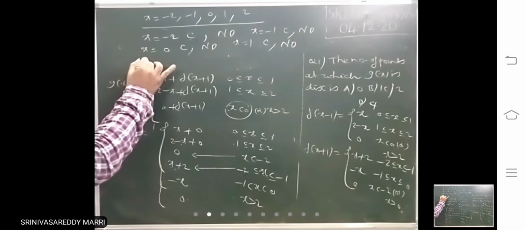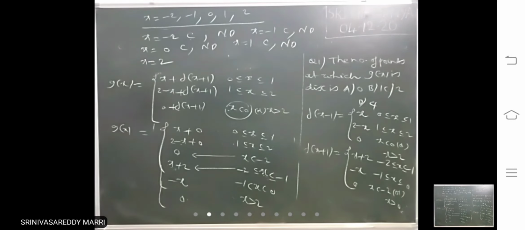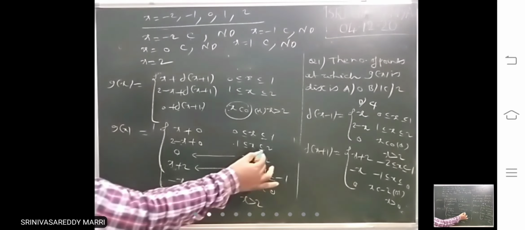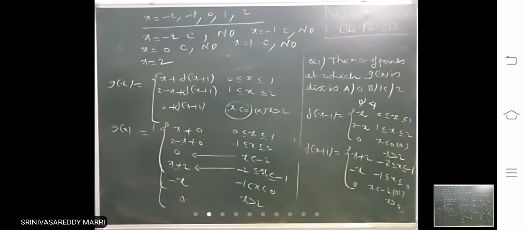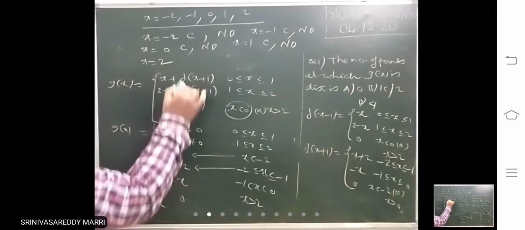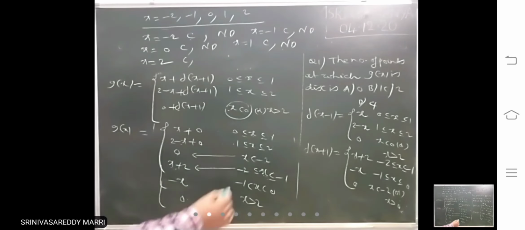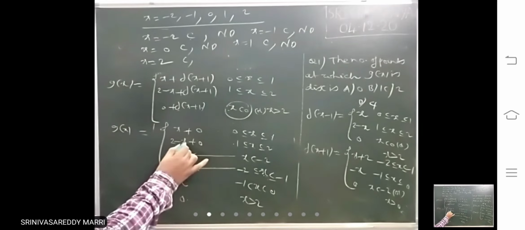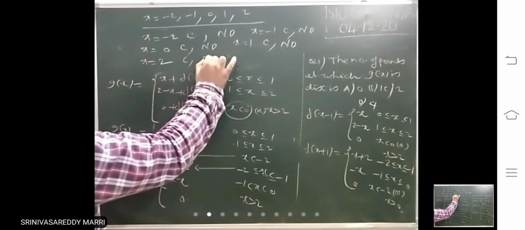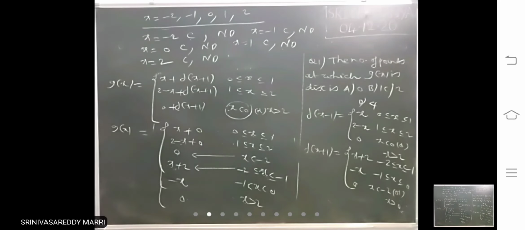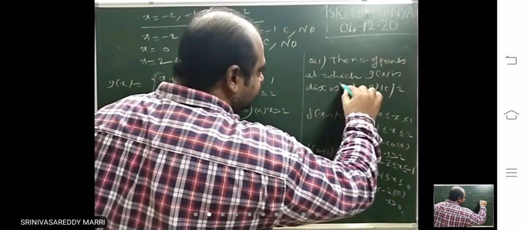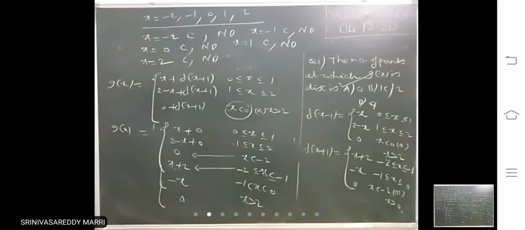So next, last one is x equal to 2. At x equal to 2, you see left limit 2 minus is what? 2 minus 2, 0. Right is what? 0. And f of 2 is what? 0. Continuous. Left derivative is minus 1, right derivative is 0. Not differentiable. So therefore, what is the answer? It is continuous everywhere. There is no point of discontinuity.